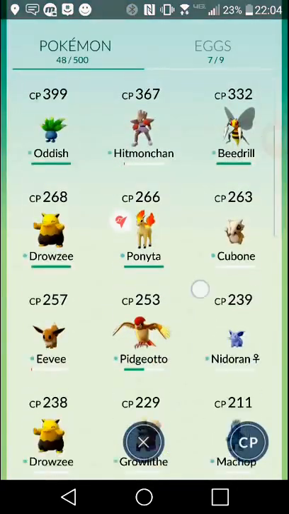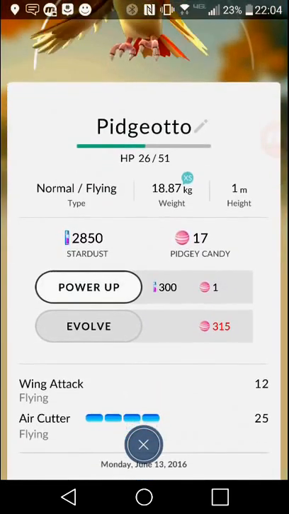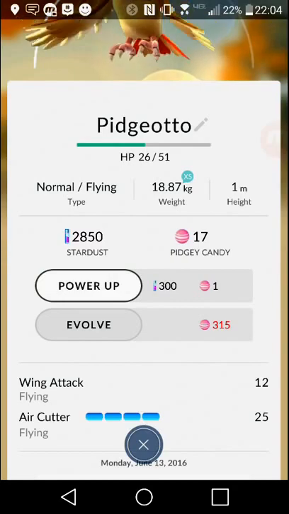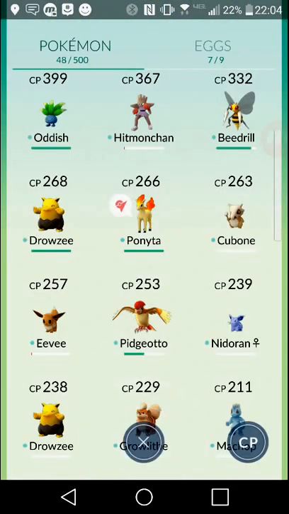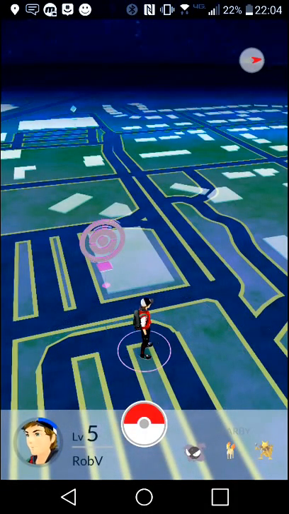I think I posted this already, but it's just disheartening. 315 to evolve a Pidgeotto into a Pidgeot. It's a little bit sad for me, but, I mean, beggars can't be choosers. I think I said that in the last video too. Sorry, everything's running together like I said. But generally speaking, it's a good game. I don't mind the whole process and everything like that of doing all of it, but